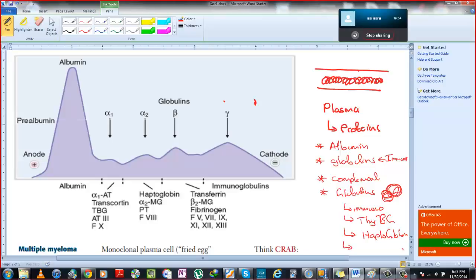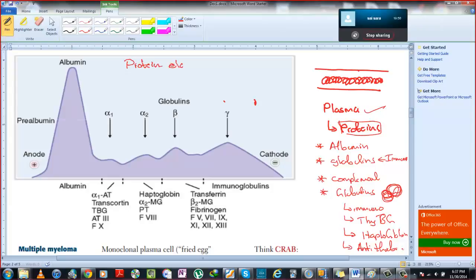Then you have, for example, antithrombin 3. All these are proteins which are floating in your clotting cascade. All these are proteins which are floating in the plasma. Plasma. So when they do a protein